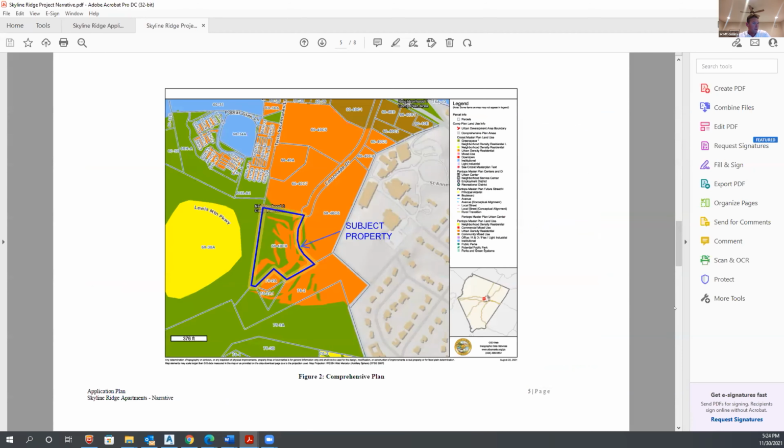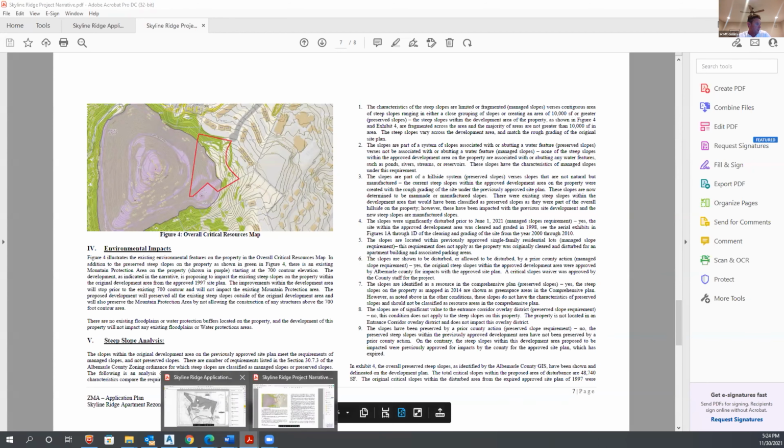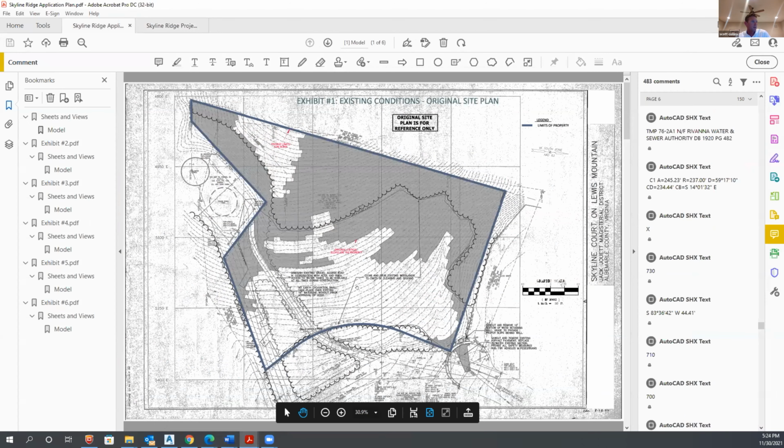So we are looking at going forward with the rezoning for the steep slopes that are on the site. Let me pull up my other one. This was the original site plan, an excerpt from the original site plan from 1996, 1997. You can see that within the limits of disturbance, basically within this area right here, there were some critical slopes identified by the county at that time. And they received a critical slopes waiver approval for the impact of these critical slopes within this limits of disturbance at the time of the approvals.